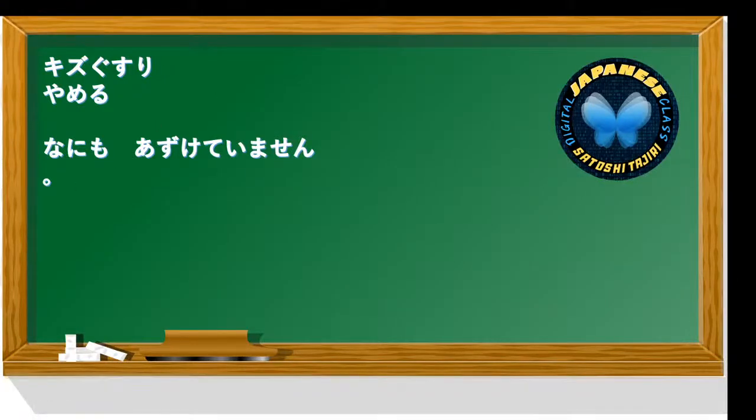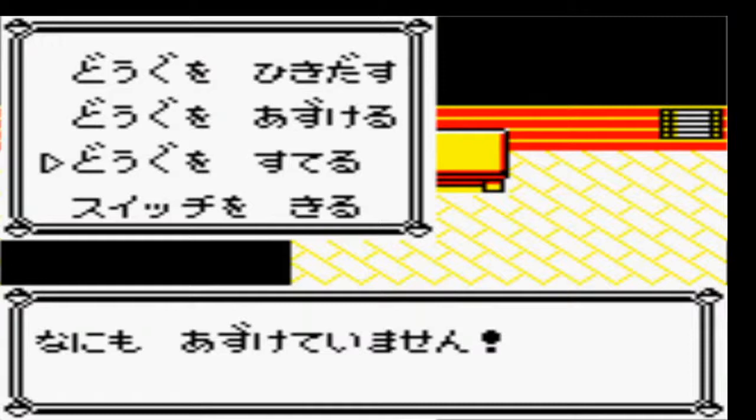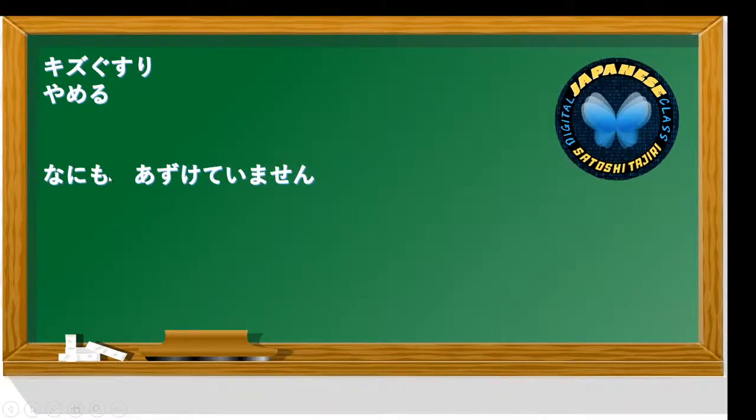So in this grammar point here, we're saying nani mo azukete imasen. There's nothing that we can deposit. Like there's nothing here that we can. Chotto mate. Let me show that to you. Nani mo azukete imasen. Because there is nothing that is deposited. Since we are asking here what are we going to throw? We cannot throw something because it's negative. Okay, there's nothing that we deposit. So that's the reason we use the mo, then imasen here. There's nothing that is deposited. Okay,